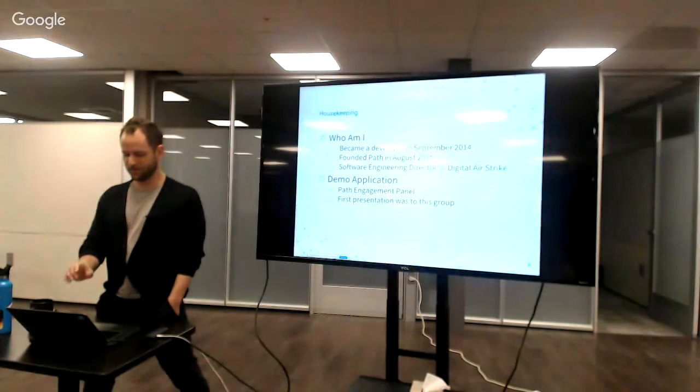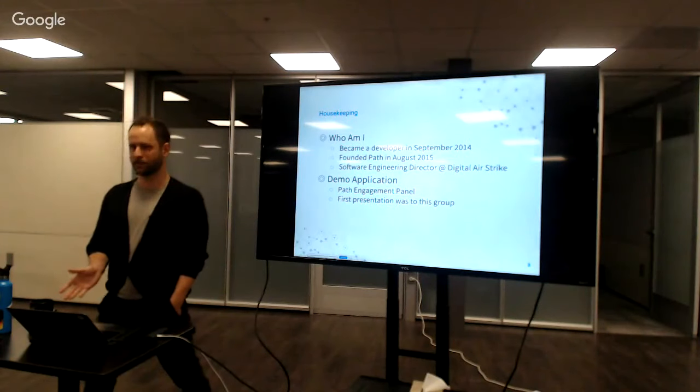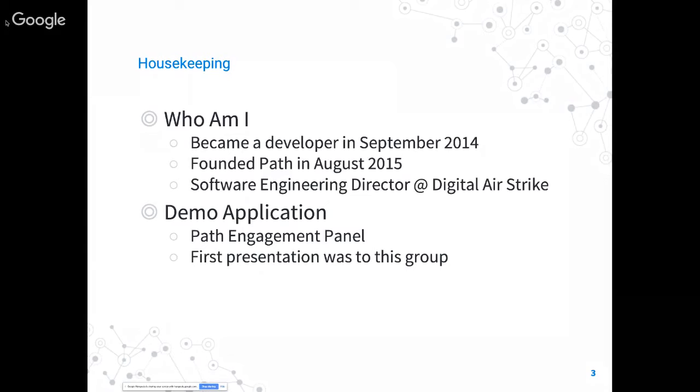But on the topic of what I've done, just real quickly to introduce myself and place a little context. I've been a software developer since 2014. Before that, I had no formal software development experience. I don't think I'd actually written a line of JavaScript until then. But I was working in finance and decided that I was really passionate about creating software and user interface in particular. So I left that career path. I took a year off and basically taught myself how to code, not through boot camps or classes, but mostly through tons of tutorials and documentation.